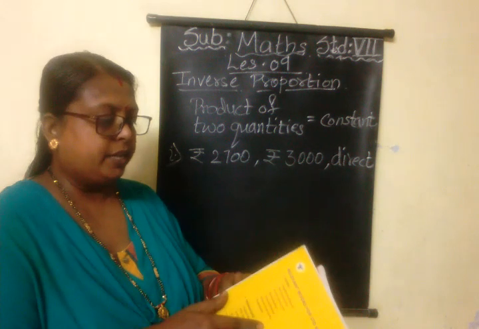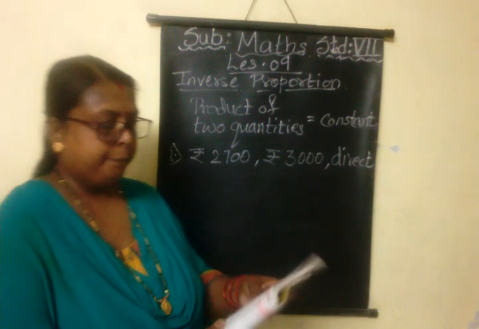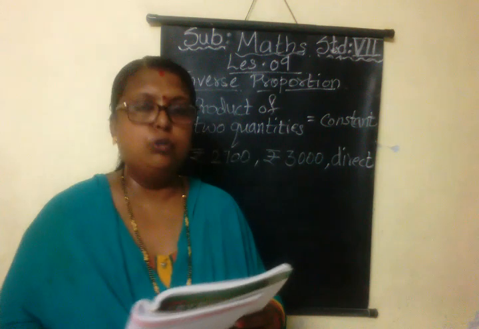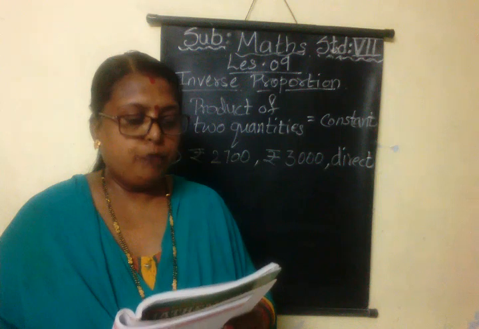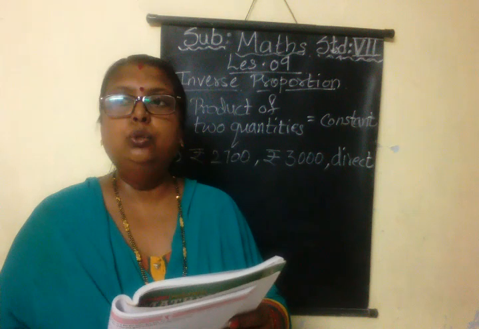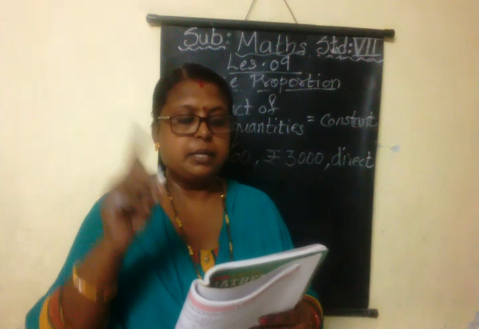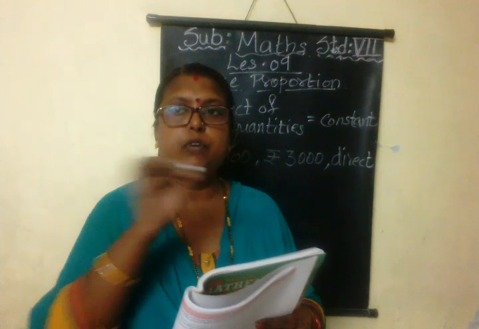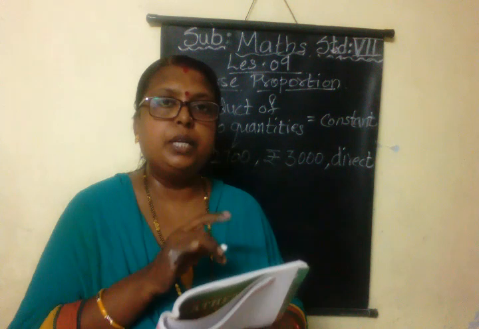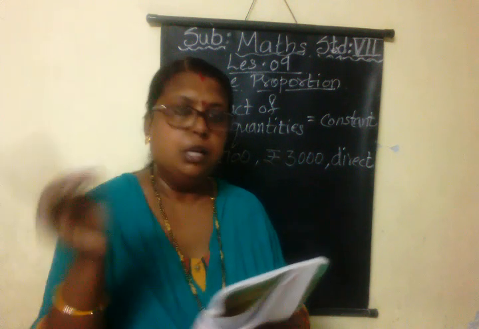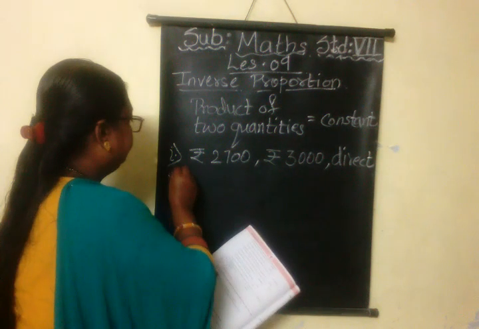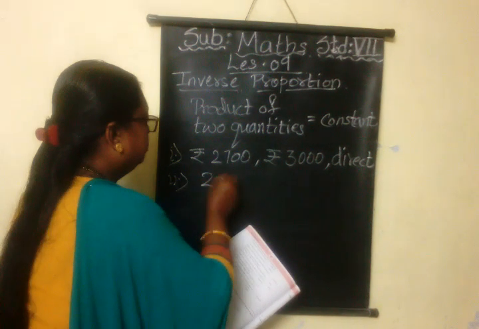Now let us see the second one. What is the question? The sweet shop near the school gave 90 laddus for the picnic. If 45 students go for the picnic, each will get how many laddus? Okay, means total 90 laddus are there. 45 students are going for picnic, so each student will get how many laddus? 45 into 2 is 90, so each student will get 2 laddus.